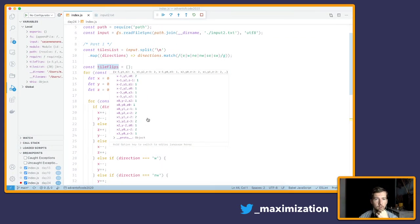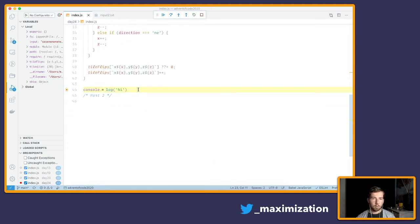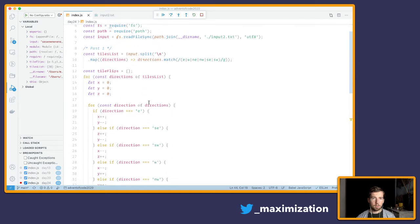Okay, so we need to filter out those tiles that have an odd number, because tiles that have an even number of flips have been flipped back to their original white state. So we need only those tiles that have been flipped an odd number of times. Then those tiles are black, and then we have the answer for part 1. So let's